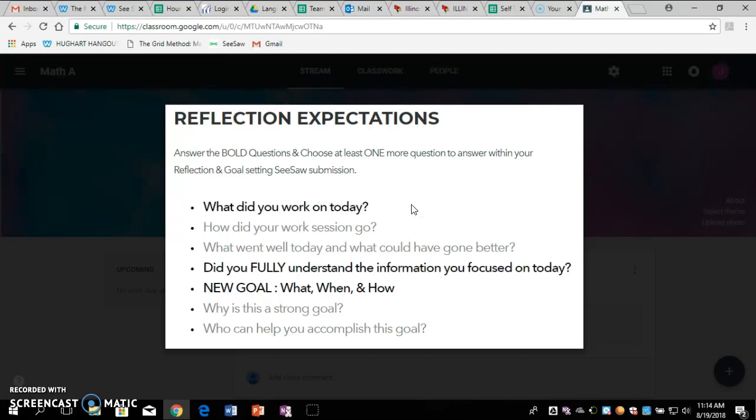You don't always have to do this just at the end of class. There are also times where you might do this at home or in tutorial, but anytime you do math, you should be reflecting at the end to see what you did. So let's say you do some time in tutorial where you're doing math. Make sure you do a reflection on how that work session went. So anytime you work on math and you have a work time session, make sure you're reflecting and setting goals for next time.